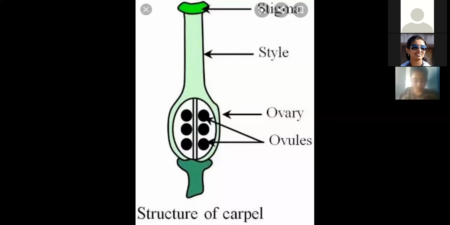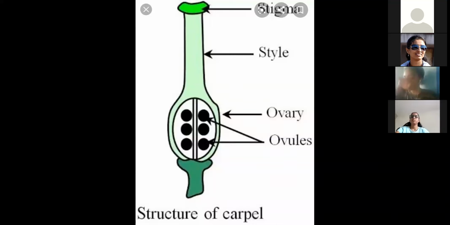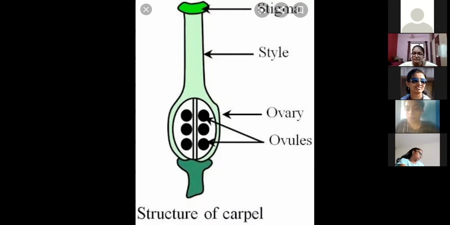In the last class, we studied the androecium part, right? Up to androecium. Now we are going to study the gynoecium. Gynoecium, it's the female reproductive part of the flower, right? We have learned